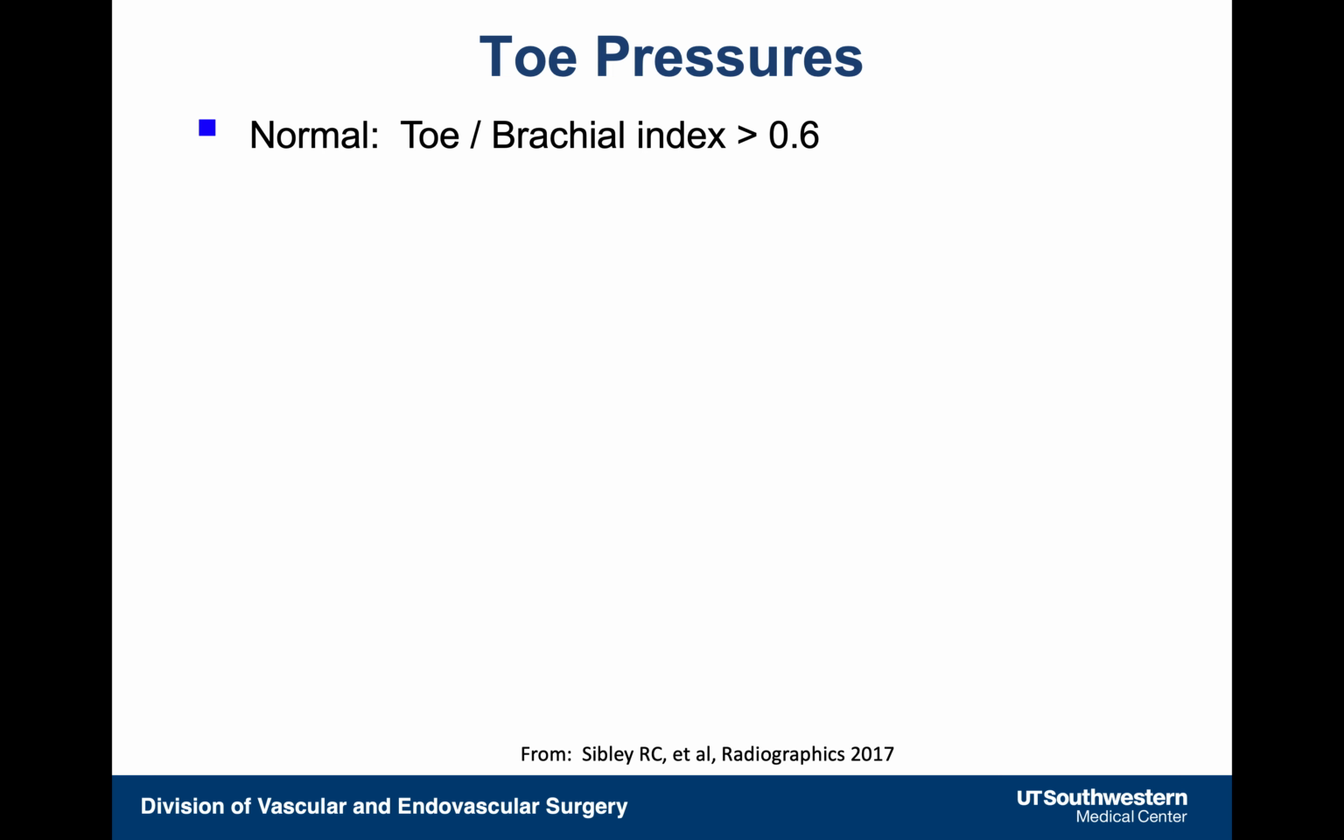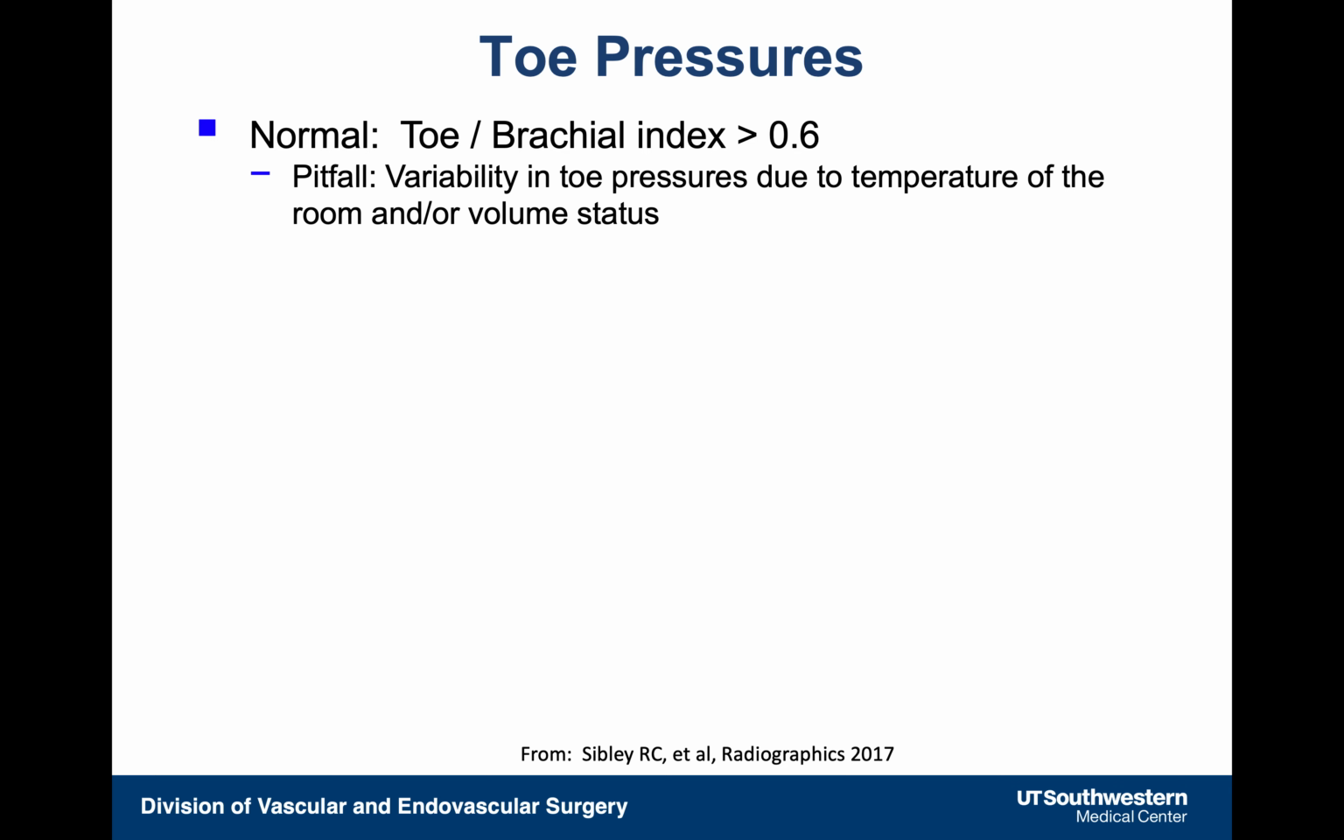Well, there's a lot more variability. So we typically say that any toe pressure that produces a toe brachial index of greater than 0.6 is normal. It should be understood, however, there's some variability in toe pressures from test to test. The same toe may have different toe pressures at different times due to variations in temperature in the room or